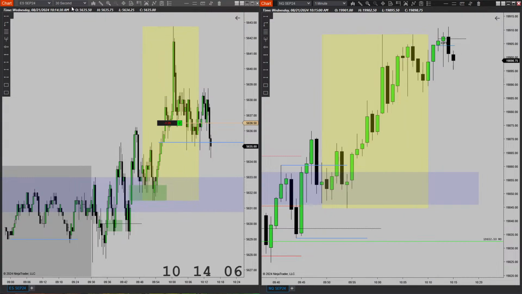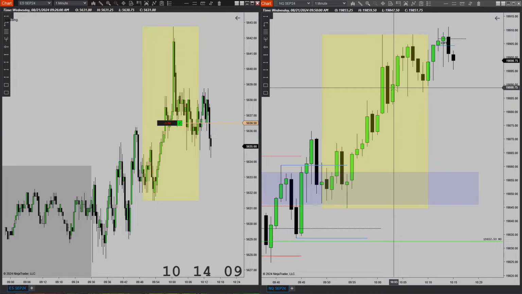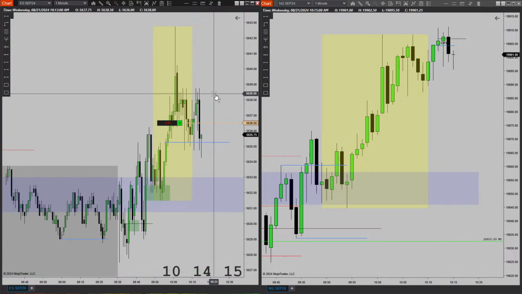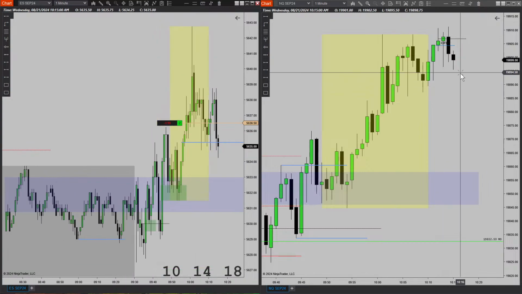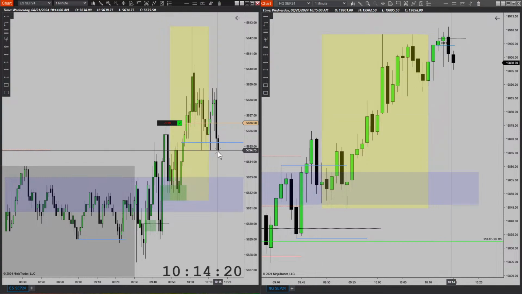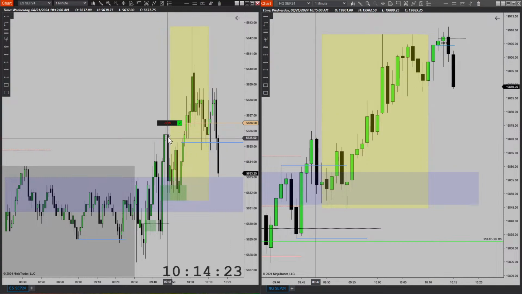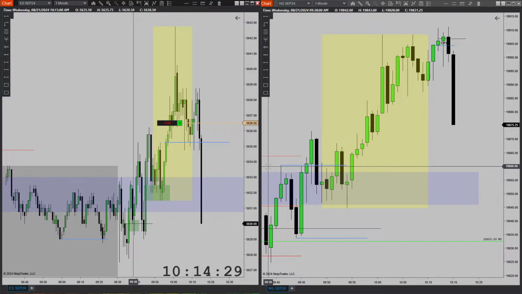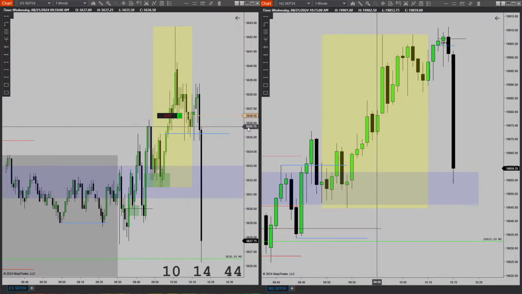Okay, so now we have something better on the 1 minute. So now I want to see how price closes here. Oh, it's gonna sweep this low. That would be an even better entry. No, it's not doing anything. Okay. All right. So definitely not good. I'm so glad that it was just a simulated trade.